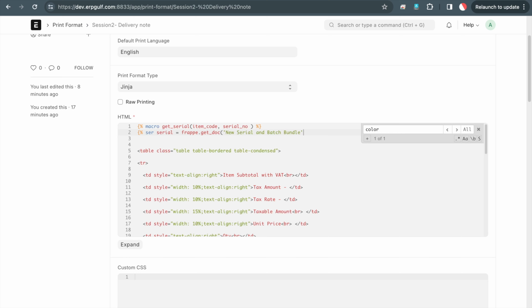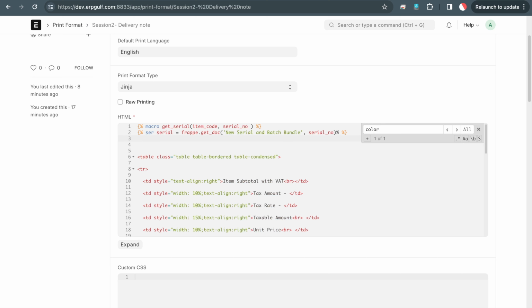Okay, and you need to put the value that we have passed, serial_number. That's just this number. Okay, it's not the same, so just don't confuse. And you need to put an end. Okay, should be okay. If any syntax error, we will come back and correct it. Then